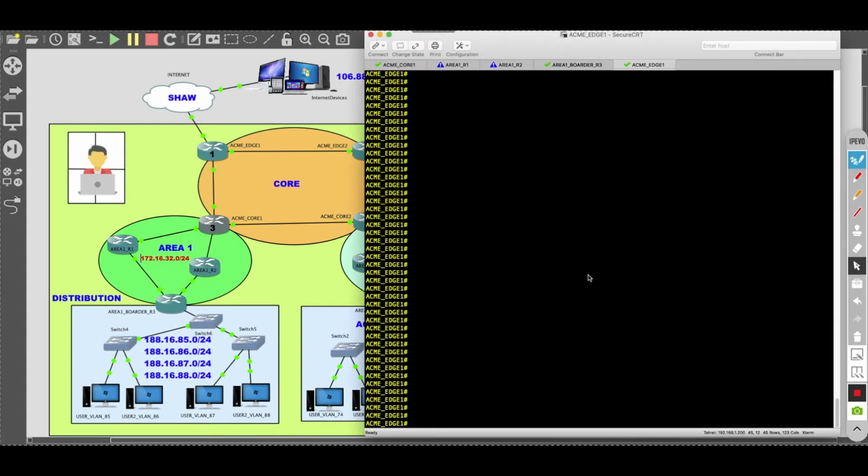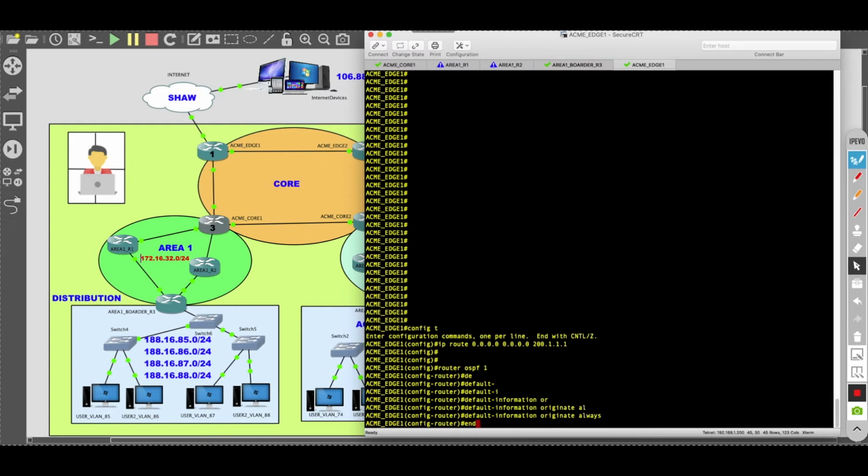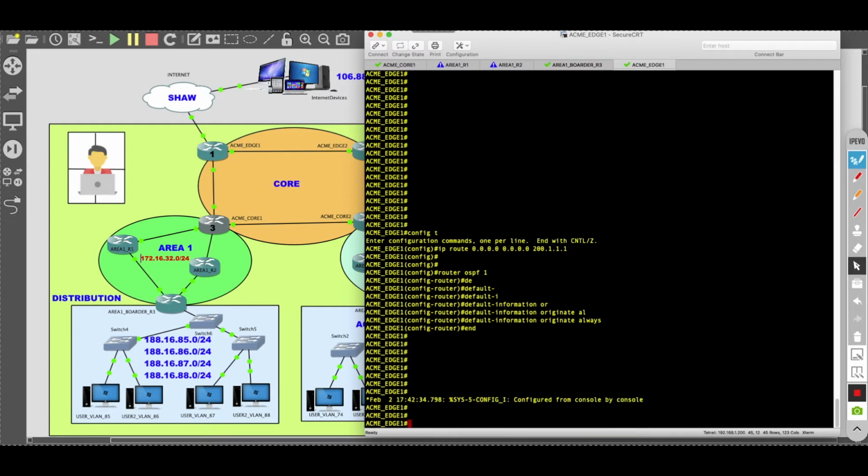I have to go on to Acme Edge 1 and I go config T and I add the static route that's pointing to the internet. Secondly, I go under router OSPF 1 and I enter in the command default information originate always. Okay, these two commands allow the ASBR, the Autonomous System Border Router, to originate an